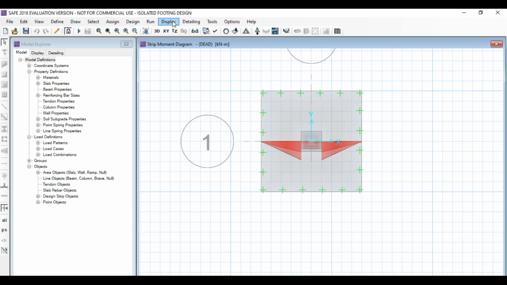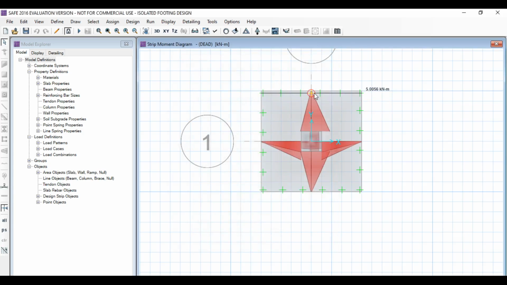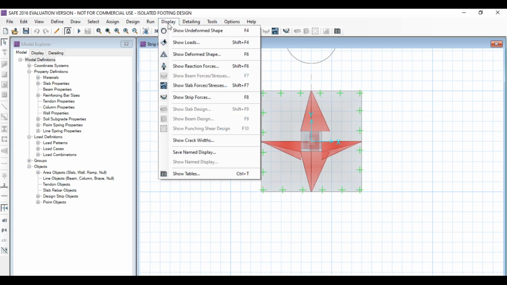Now again go to display, show strip force. Here you click on layer V, click on apply, click on close. Here the layer V is already seen. So this is the display option. Go to strip force.